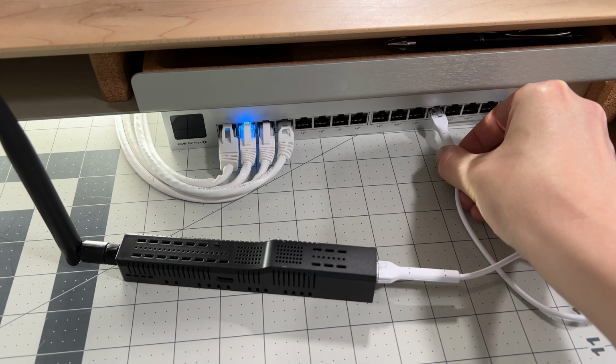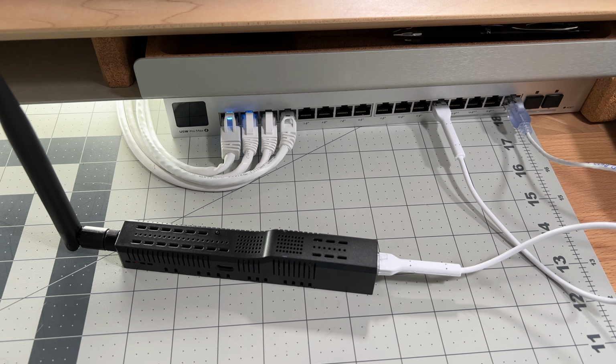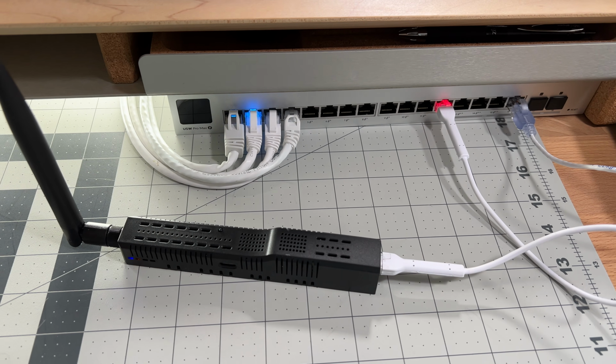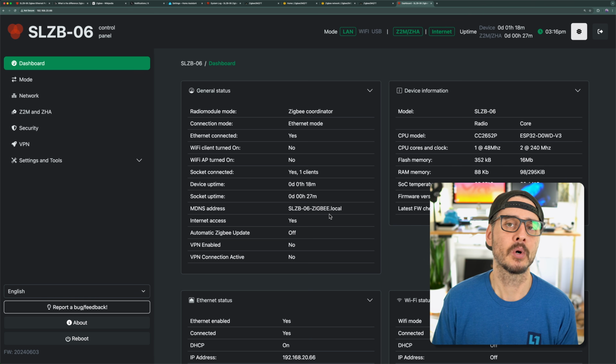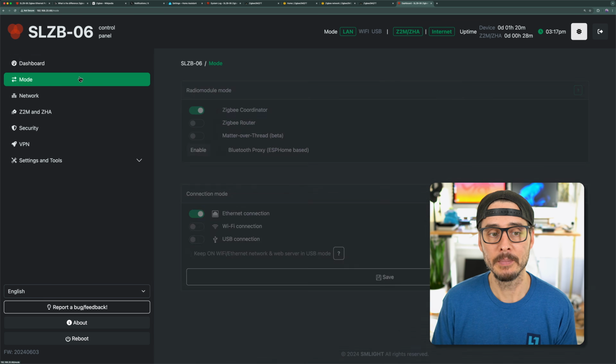And setting this up is pretty easy too. I'm using a PoE switch, so I plug it into the PoE switch. A few moments later, it'll have an IP address and I can connect to the dashboard. Now the dashboard is going to show you some general information about the device, but let's go into mode and